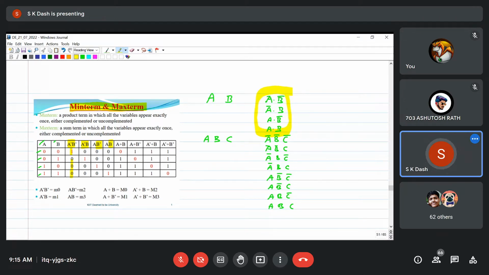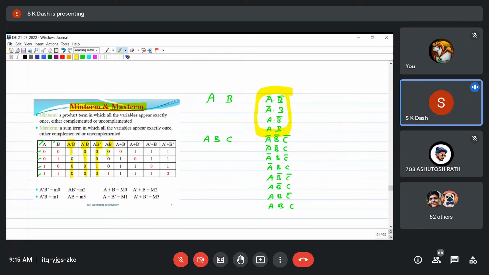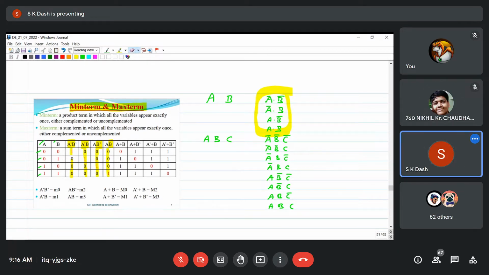Okay, A bar, B bar. Is it correct? Yes, sir. Similarly, A bar, B, A, B bar, and A, B. Yes, sir. Okay. Now, out of those product terms,